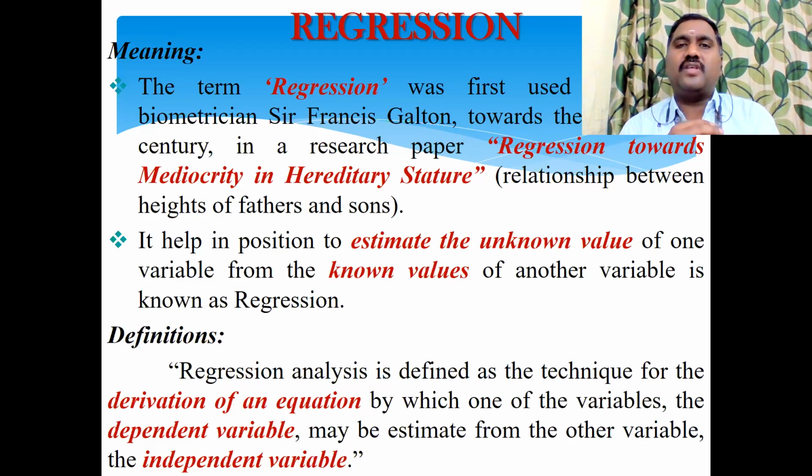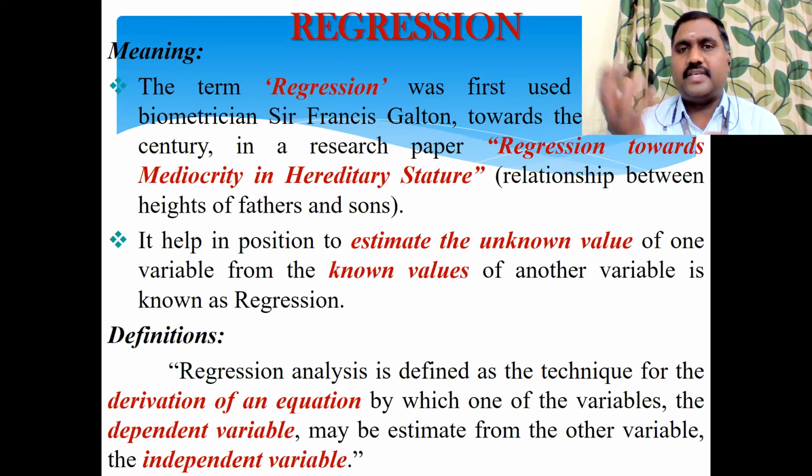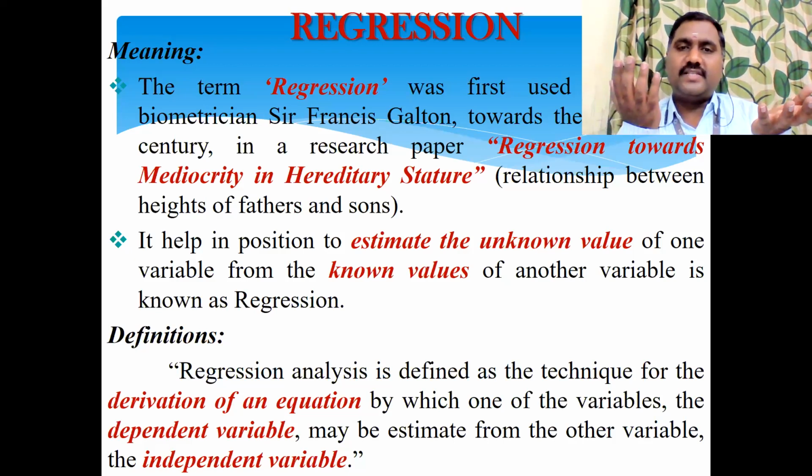In simple terms, in correlation you can find the relations between any two variables, either dependent or independent. But in regression, you have to find the significant relations between two variables, where one variable should be dependent and another independent. That's a condition. Here, sales is dependent on what? Advertisement. So sales is the dependent variable and advertisement is the independent variable.